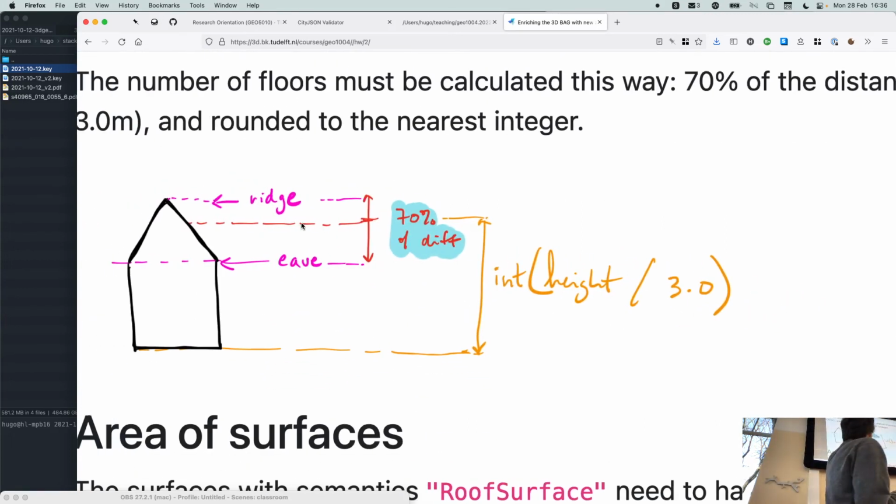I want you to take the building, find where is the eave of the building, what is the ridge of the roof by looking at all the coordinates, finding the average. I don't know how exactly I would do it because obviously buildings will not always have the same eaves. It's possible that the front side is higher than the back side. But I want you to find a value that you think makes sense. And then once you find the value of the eave and the ridge, then you find 70% of the difference. You divide by 3 meters because the ceilings in the Netherlands, except in that building, are usually 3 meters. And then you round up to the nearest integer, and you find the number of floors.